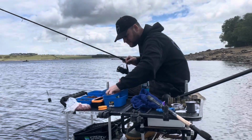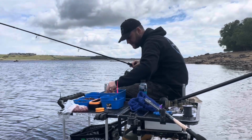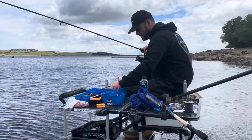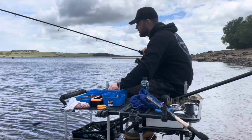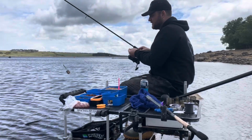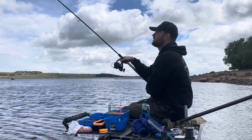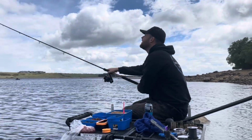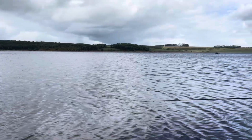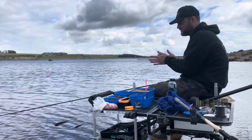Right, I've had 4 or 5 chucks on the short line now. It has produced a few fish, but they're a lot smaller than what I was getting out long. I have just started introducing a little bit of chopped worm, and it seems to have brought bites quicker. But I want to have this chuck, and if it's still a small stamp, I'm going to go back out long, because I put 2 feeder fulls with quite a bit of finely chopped worm in,